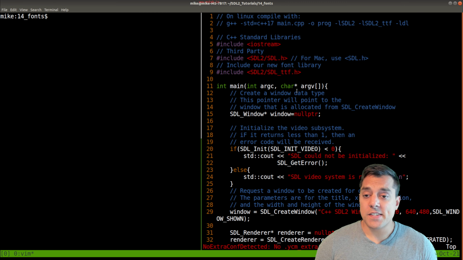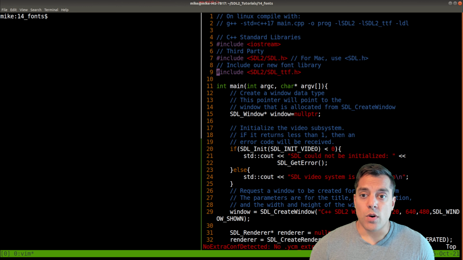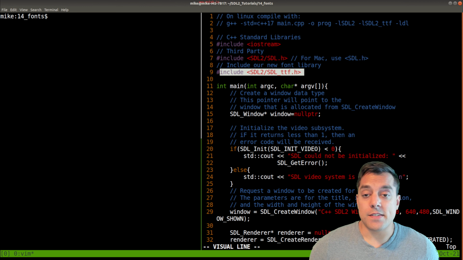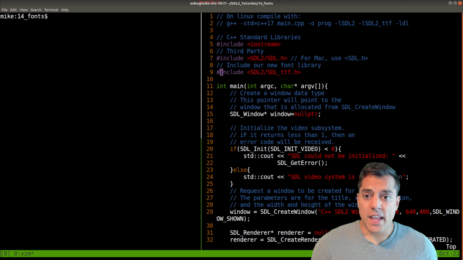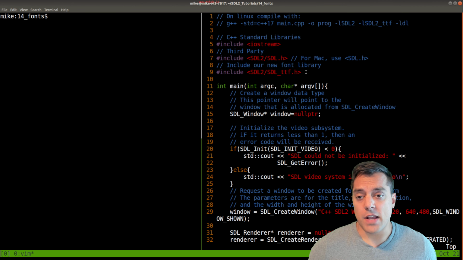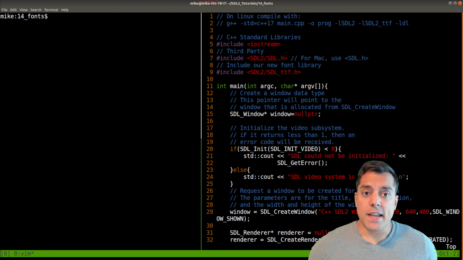So it's going to look relatively familiar. What we need to do is include the SDL2 TTF library here as such. And again, if you're a Mac user, you might have a different path. It might just be the SDL_TTF.h library. That's okay. And again, this library is going to mirror the other libraries that we've used. In fact, it's just a flat C API. So it's C-based, just like the SDL2 library. And in fact, before I get into the commands, let me show you how to get a little bit more